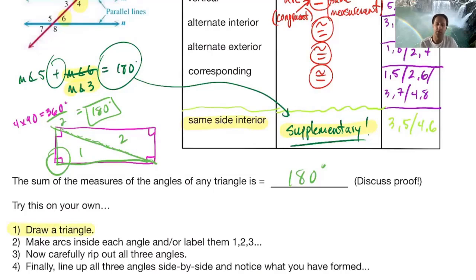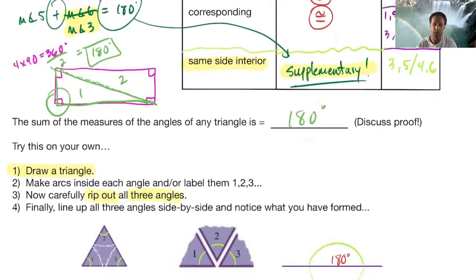Once you've drawn that triangle and cut it out, now I want you to actually make little arcs inside of each one of the angles, and if better, label them 1, 2, and 3, kind of like I did, so that you can see all 3 angles of your triangle. Because what we're trying to do is actually add up those 3 angles to see what their sum is. So now I want you to carefully cut or rip out all 3 angles. And it'll look a little something like this. And once you've done that,